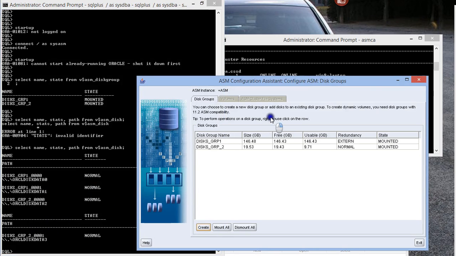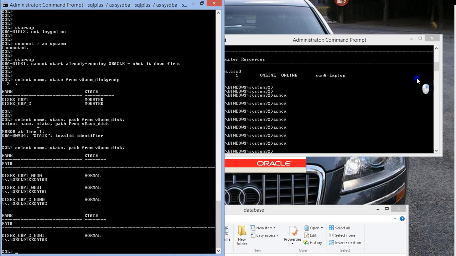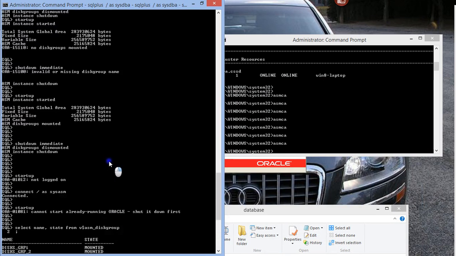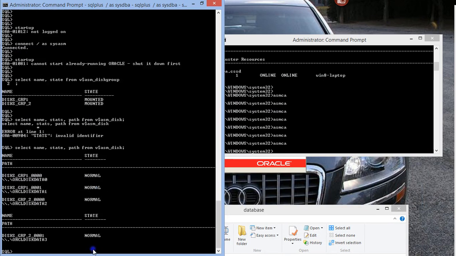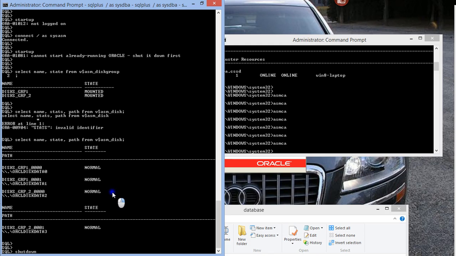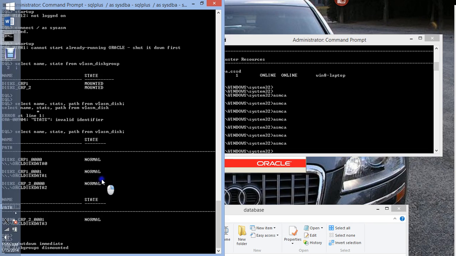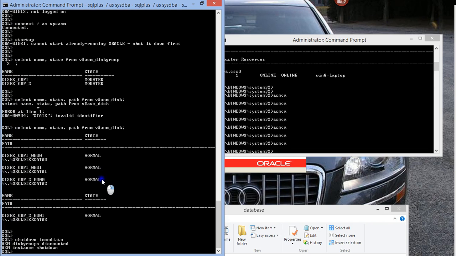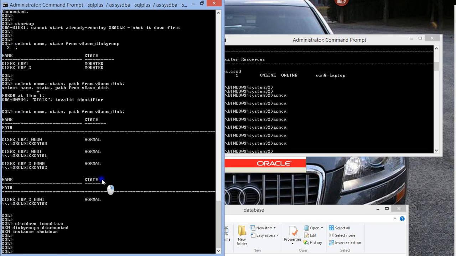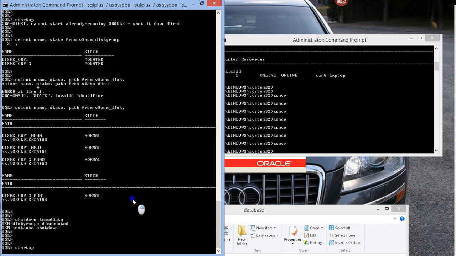So I'm going to close my ASMCA. All of my disk groups are recognized by the instance, so everything should be fine, right? But the problem is, if I issue the command shutdown immediate, the disk groups are dismounted, and then when I issue startup,